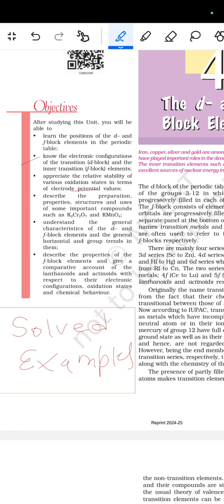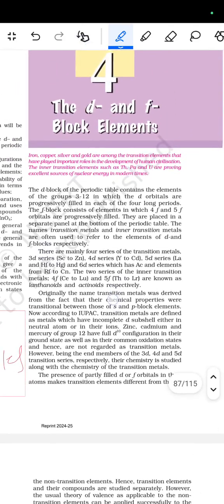describe the preparation, the properties, the structure and the usage of some important compounds such as K2Cr2O7, KMnO4, understand the general characteristics of the D and the F block elements and the general horizontal and group trends in them, describe the properties of the F block elements and give a comparative account of the lanthanoids and actinoids with respect to their electronic configuration, oxidation state and chemical behavior। तो D and F block elements है,